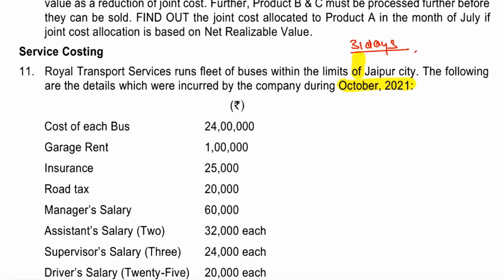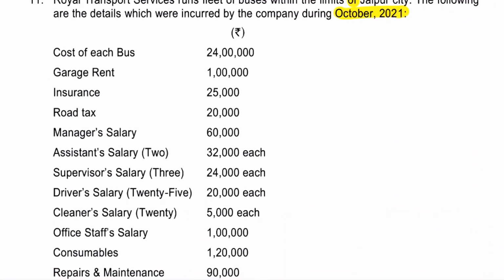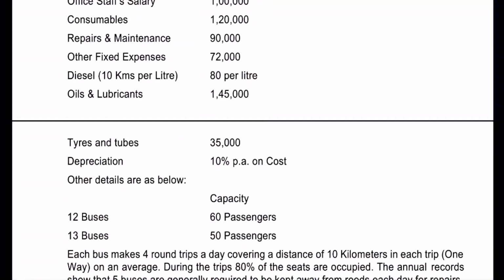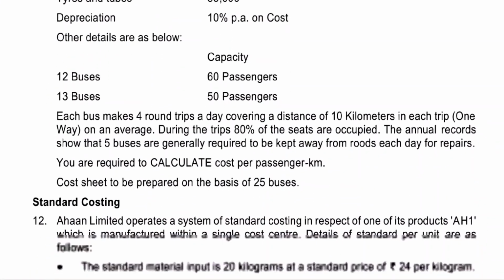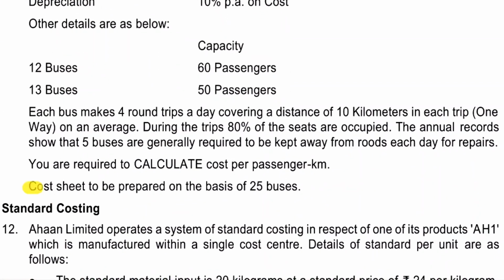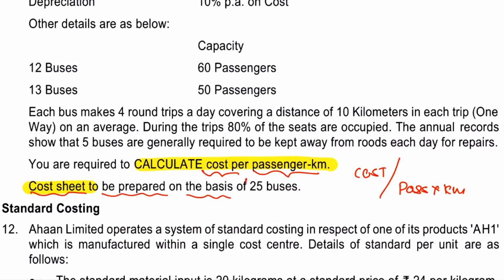31 days, okay, now let's start। अच्छा, some data is given in the question, always read first what requirement part of the question, you will come to know क्या निकालने का है, always read requirement first, so let us read the requirement first, and you are required to calculate cost per passenger kilometer, बोले तो cost निकालना पड़ेगा, divided by passengers निकालना पड़ेगा, into kilometers you have to do this, right? And then again cost sheet to be prepared on the basis of,